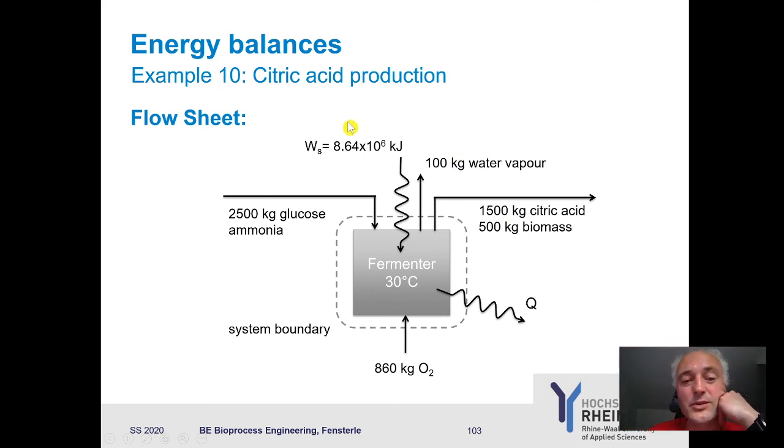Then we have a stirrer work which goes in, and we have the energy we need to take out with respect to our cooling requirements. So this is your flow sheet. This is what you use, and using that you want to calculate